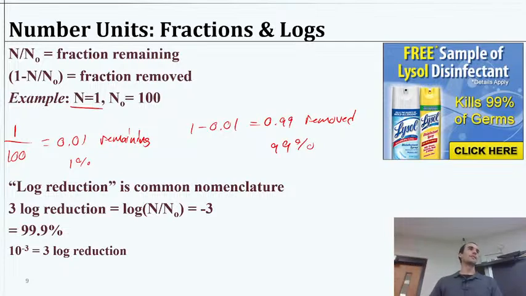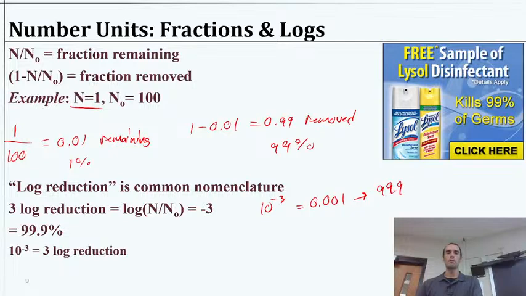So log base 10, we know that every single one of these, that's 10 to the minus 3, right? So a 3 log reduction is 10 to the minus 3. If we were to write that out as a decimal, 0.001. We moved the decimal 3 times, and that corresponds, as we see just up here, to a 99.9% removal,